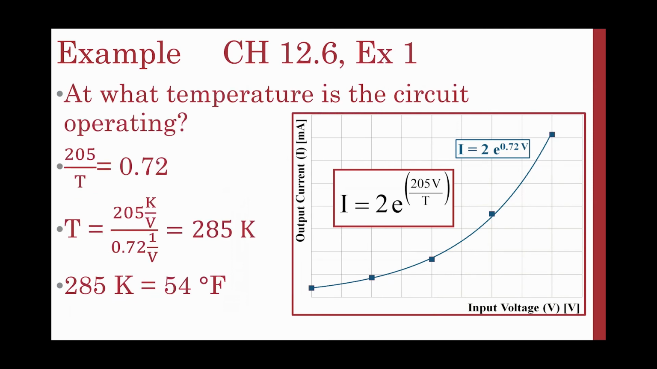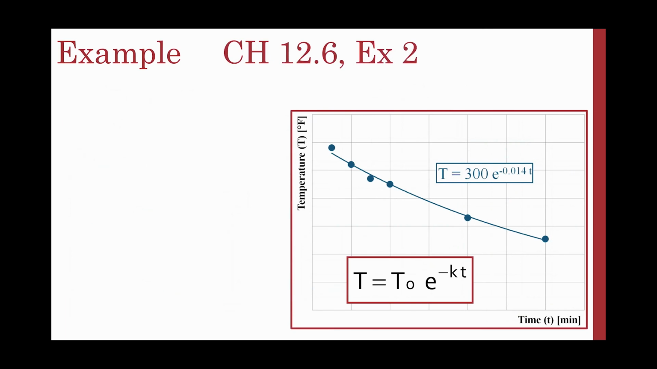So what is the temperature the circuit is operating at? So we have 205 over T is equal to 0.72. So T is equal to 205 kelvins per volt divided by 0.72 per volt, which is 285 Kelvin, or 54 degrees Fahrenheit. If I have another example of T is equal to T naught e to the minus kt,